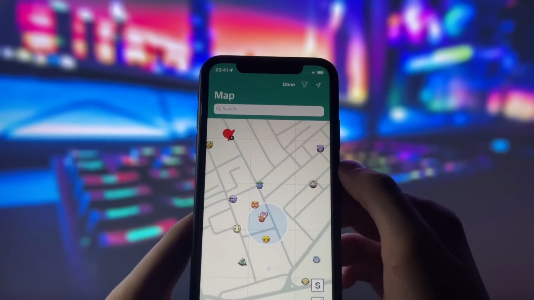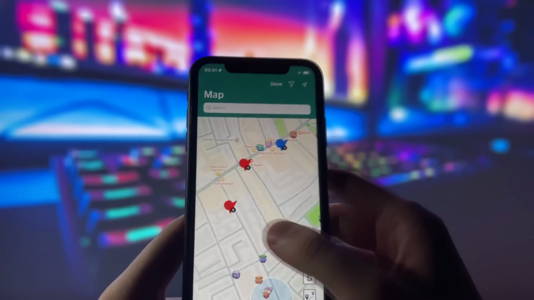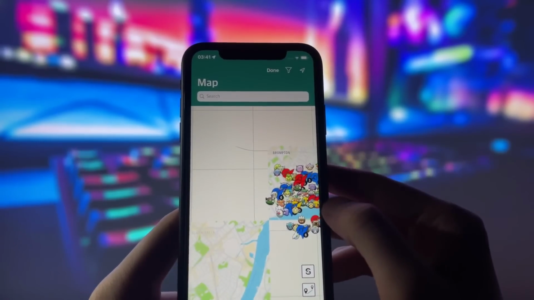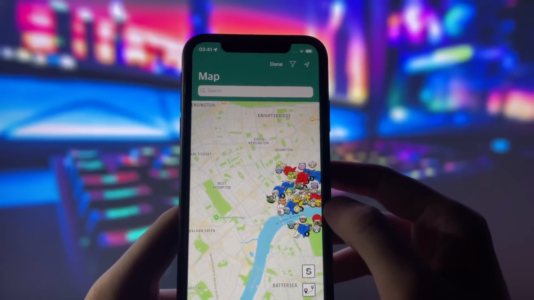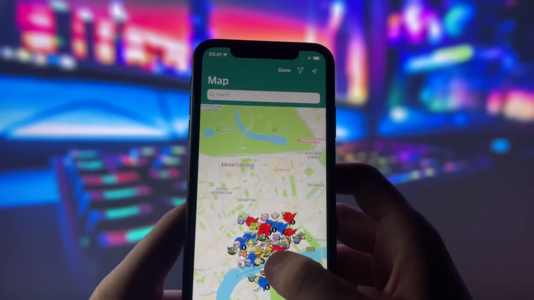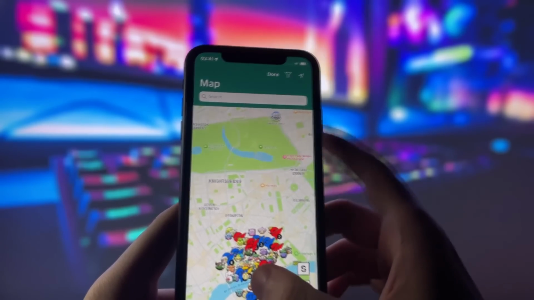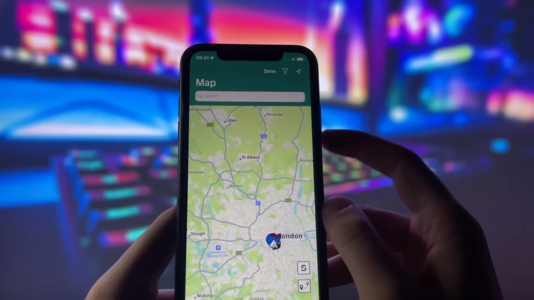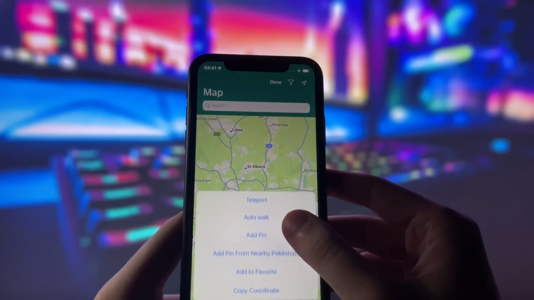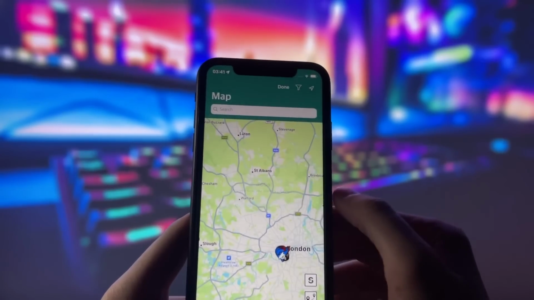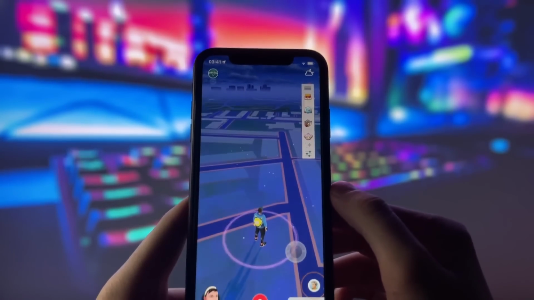The map highlights hotspots, showing you the best places globally to catch rare Pokemon. This means you can jump from one part of the world to another in seconds, finding the best spots without any hassle. While I don't want to make this video too long, I can tell you that there are many other features. The best part is that this spoofer is available on iOS devices, just like my iPhone, as well